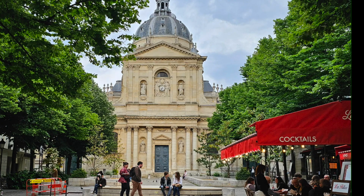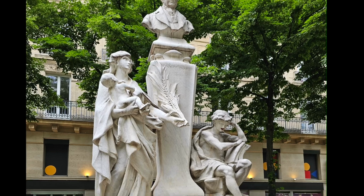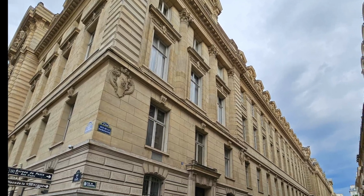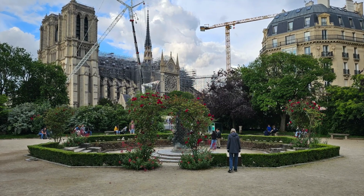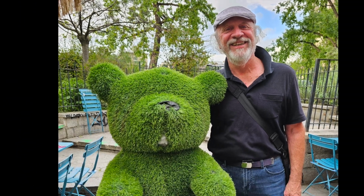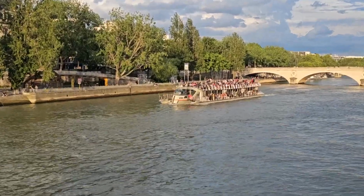And we left and walked to the Sorbonne University, which is known for its nonconformity and free thinking. And then we're off to Place Saint-Michel, where rebellion and protest are accepted, and the 1968 protests occurred. I made a new friend. Yes, and we stopped by Shakespeare and Company before heading back along the left bank of the Seine River,